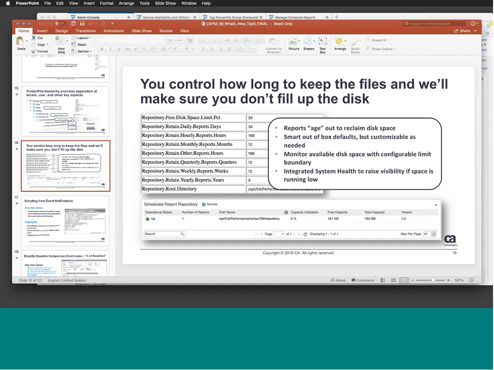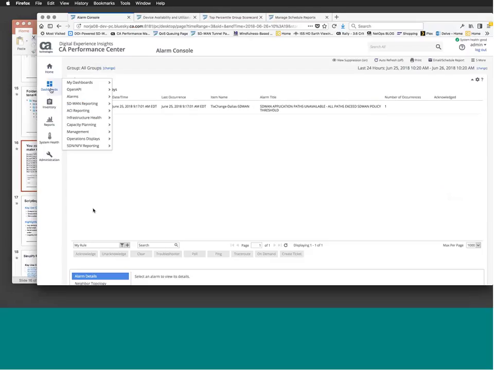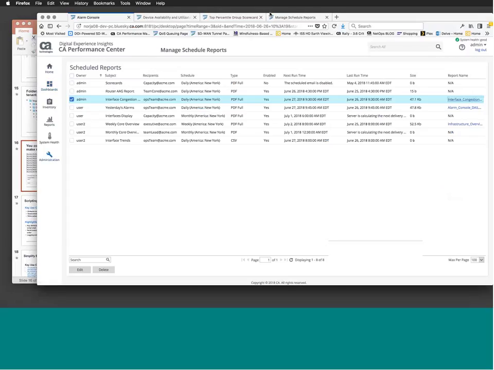All right, let's move back over to the demo. So the first thing I'm going to show you is the schedule reports UI. I'm logged in as admin, so what I'm seeing is all schedule reports. You'll see I have a number of users as the owner. We see our subject. We see our recipients, the schedule, including the time zone, and that report is scheduled for,